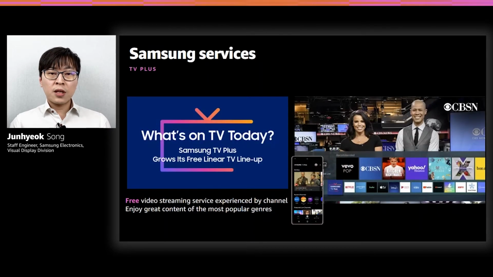Samsung TV Plus is an exciting and diverse collection of free live, linear, and on-demand content. The Samsung TV Plus experience gives users instant access to leading international news, sports, and entertainment channels. You can enjoy live and on-demand TV channels for free. You don't need additional software downloads, subscriptions, or hardware accessories. Also, Mobile TV Plus was launched in September, so users can watch the content on mobile too.